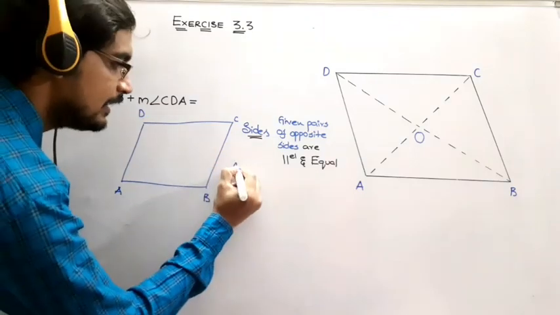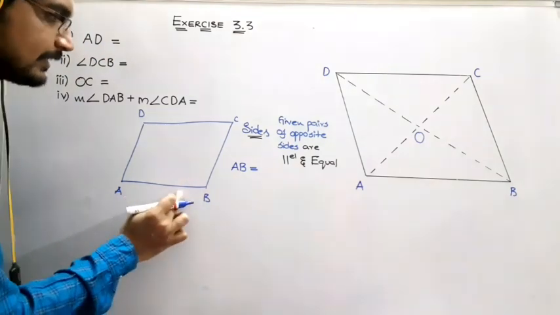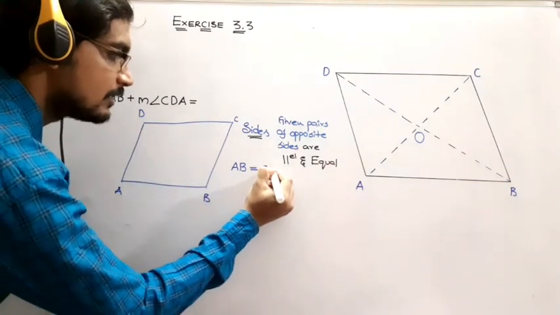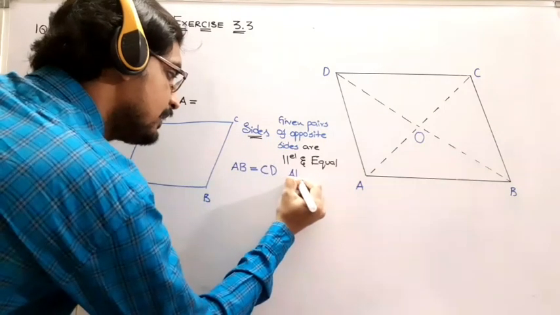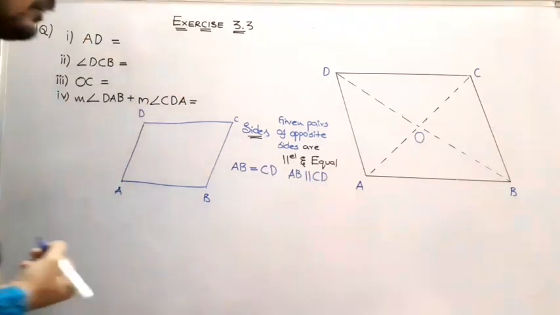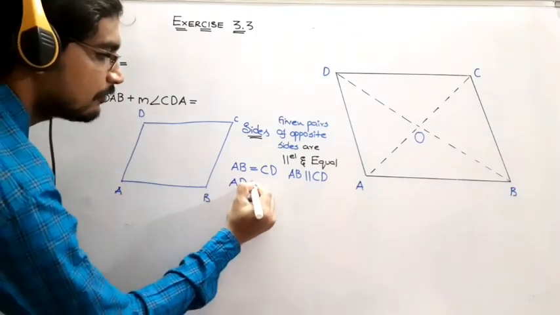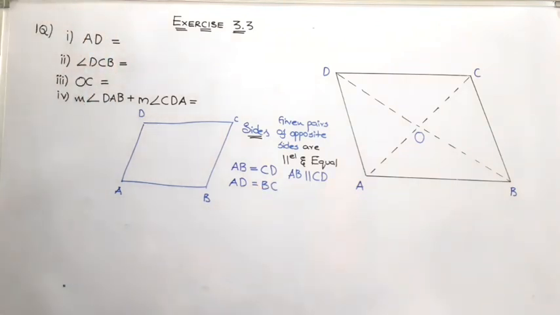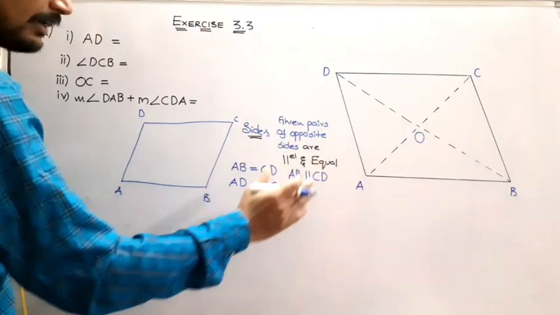So, AB is equal to CD. That means, for example, if this is 4 centimeters, then its pair, that is the opposite side of AB, which is CD, should be equal. Okay, and the other thing is AB will be parallel to CD. As you know, this symbol indicates parallel. Okay, now what is the other pair of sides? AD is equal to BC. The reason is, in a parallelogram, the pairs of opposite sides are parallel and equal.